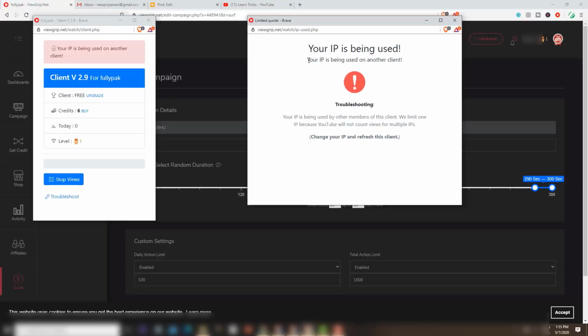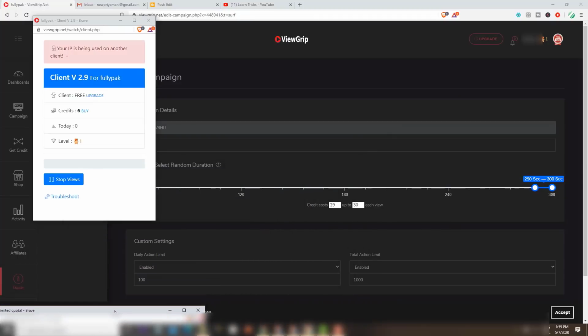The views option is the best thing on this site. Once you click start views, a pop-up window will come and videos will start auto-playing. That means you don't need to click on any views or anything. Once you open this, you just push it down and start doing your other activities.